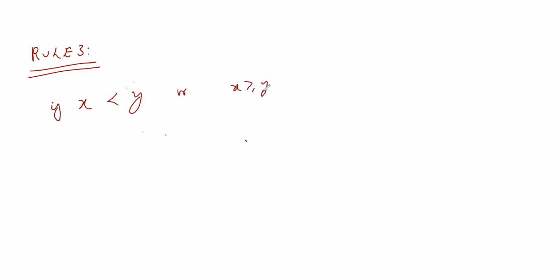So I hope you copy it down. Rule 3 is very important, and rule 4. Simple rules. Suppose x is less than y, or x is greater than y, or x is less than or equal to y, or x is greater than or equal to y. If I multiply and divide by, please note down this thing. This is very, very important.